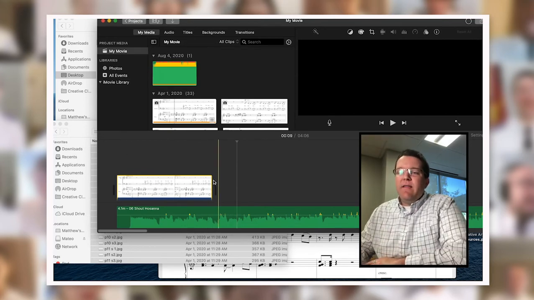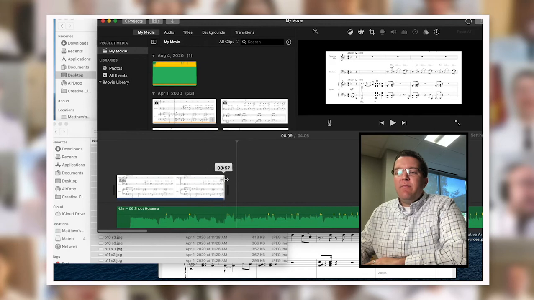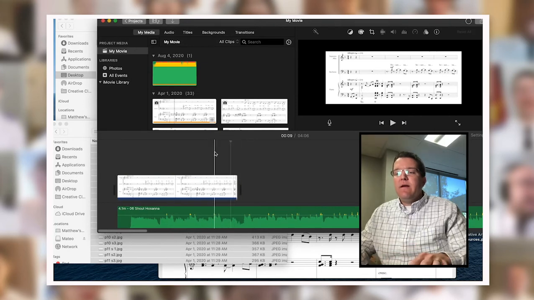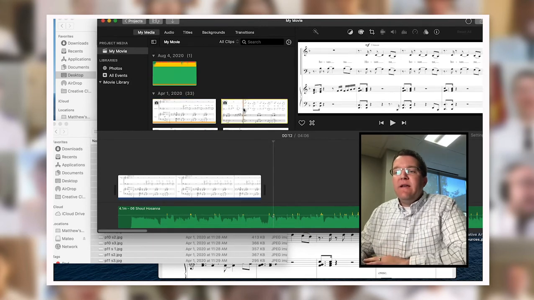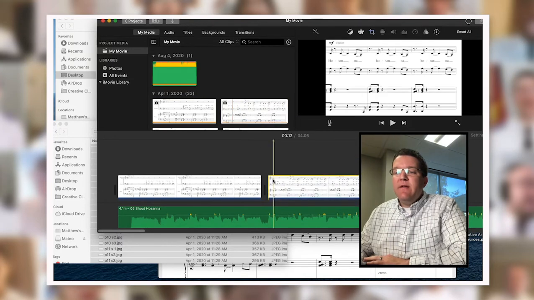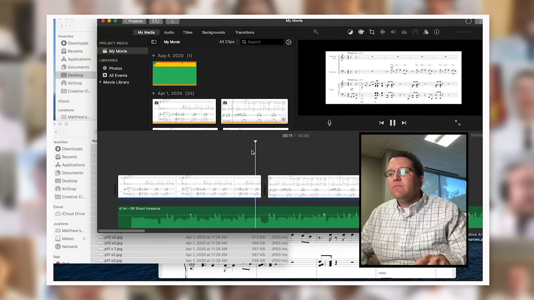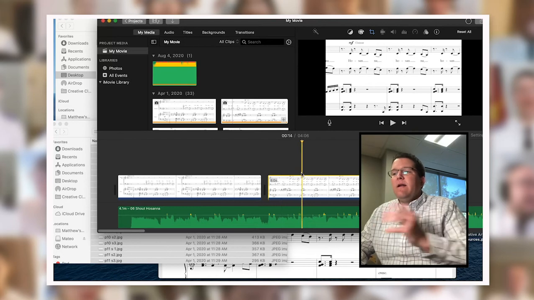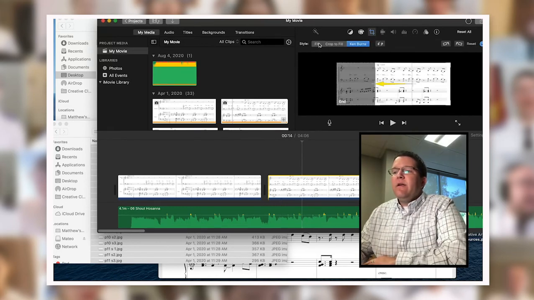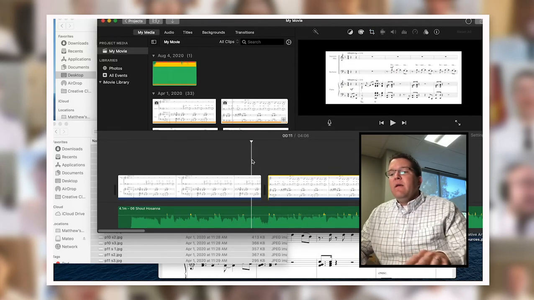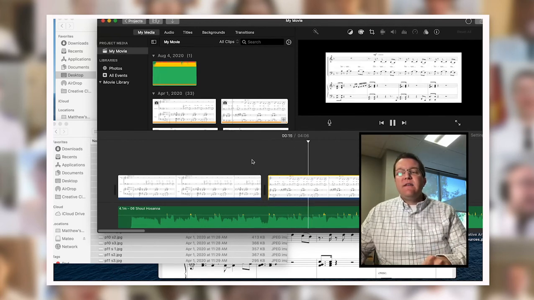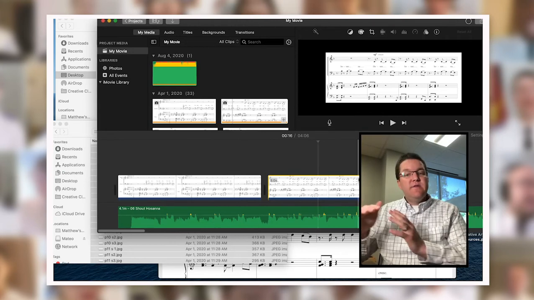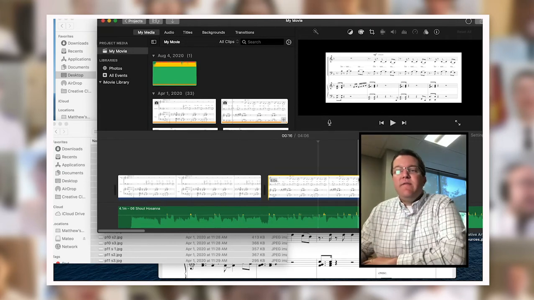Now that's about where that line finishes, so I need to drag my picture out, and it just does it automatically, right? And so I want to get as close as I can, and then put my next piece of music, my next system, right here at the end of that one. And then I got to go back and do that crop thing here, get rid of Ken Burns, but just do fit, right? And so I'm just going to listen to the music and line it up with the track as I go, and drag the music longer if it needs to be, or shrink it down if it's too